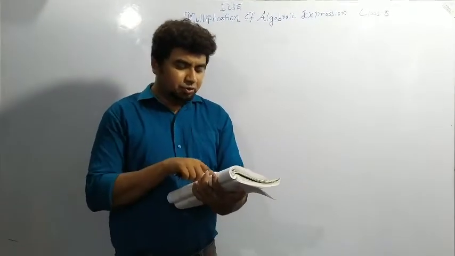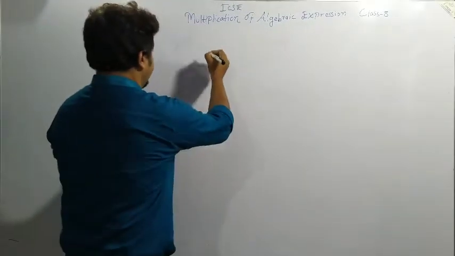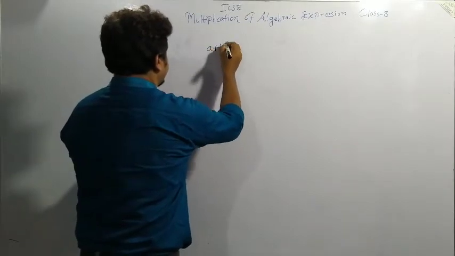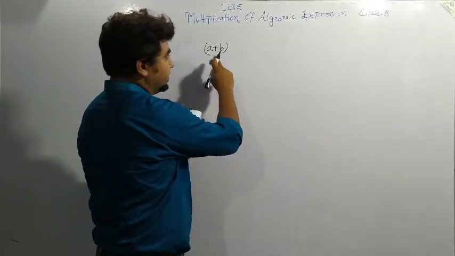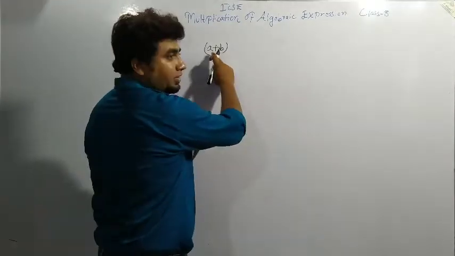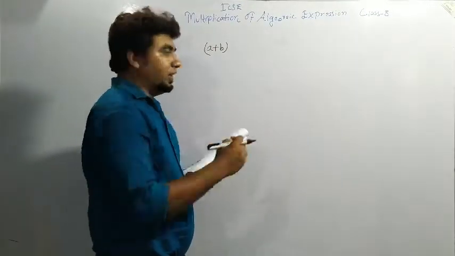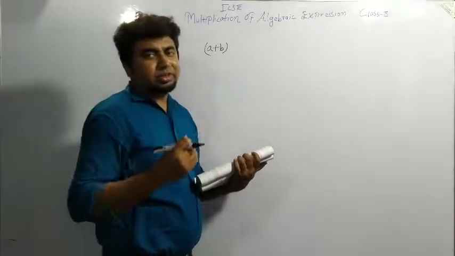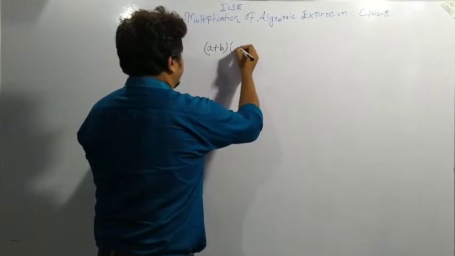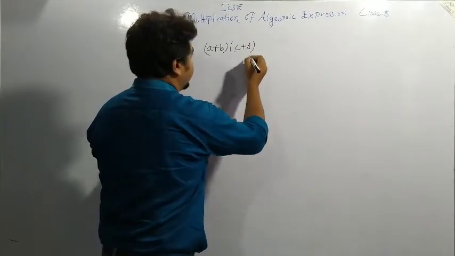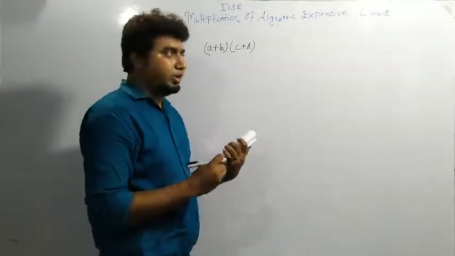Now multiplication of two polynomials. Multiplication of two polynomials means, if I am saying a plus b is one of the polynomials, you are able to see two terms are there, a and b, connected by a plus sign. This is basically a binomial, but I am saying it as a polynomial also, because with more than one term we can say it is a polynomial also. Another time, if I am taking another binomial, c plus d, we can say it is a polynomial also.